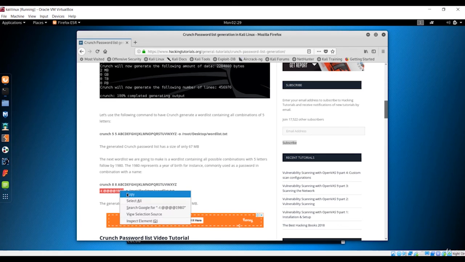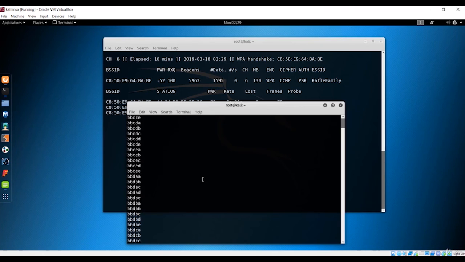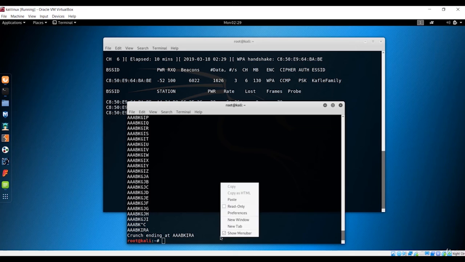So let me grab this one and show you what this means. Let's go down over here and paste this, and you could see now that this is the -t argument, and the -t argument refers to the pattern. So the pattern is basically this, you can see the @ sign over here and 1980.